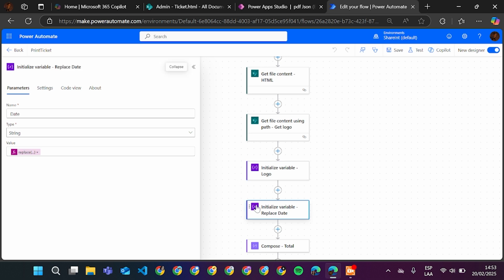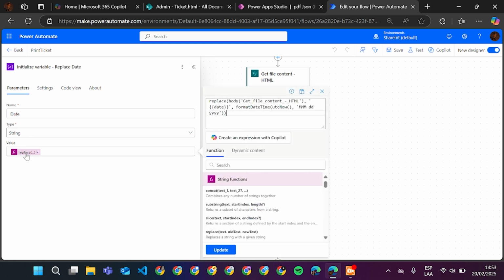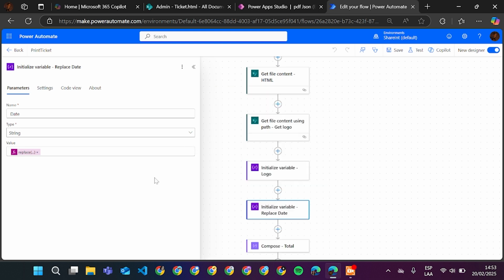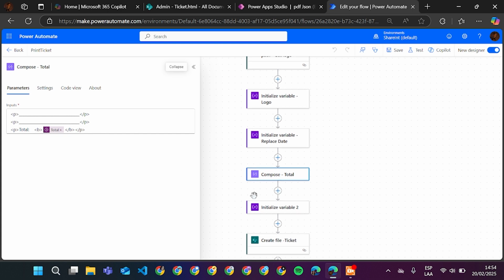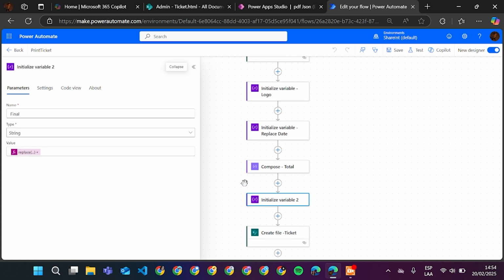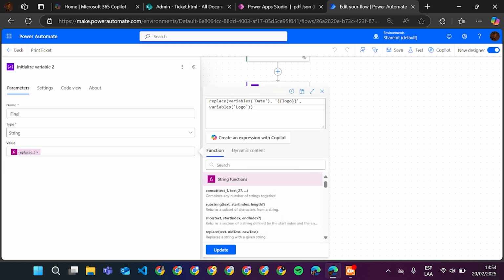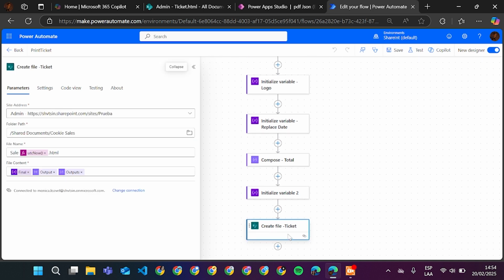Next, I'm initializing a variable called date. Here, I am replacing the tag in the HTML with the actual date. For the next step, I'm using a compose action to append the total at the end of the HTML. This total comes from the action at the top. Here, I'm initializing another variable which will handle the replacement for the logo image, like this. And finally,